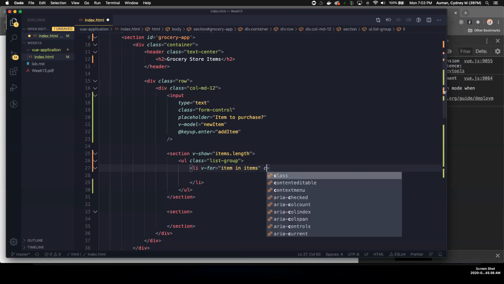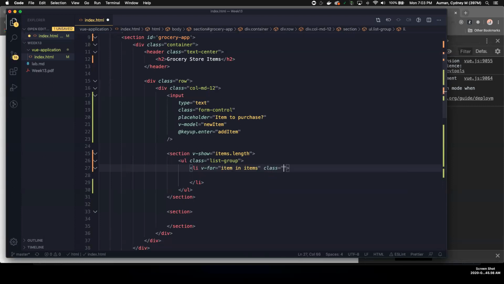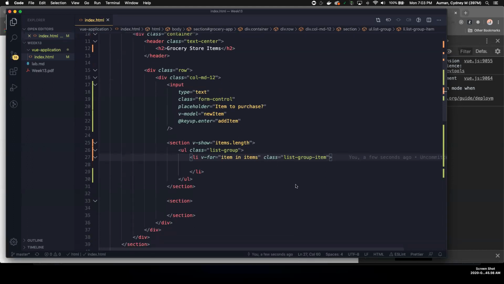And again, I'm just going to add some nice styling here. It's not going to be the most beautiful list, but this will give us just a little bit. So list, group, item. Hopefully you know that the class here is not a Vue-related thing. That's just a stylistic thing. Now that I'm ready to do that, let's go ahead and create a quick